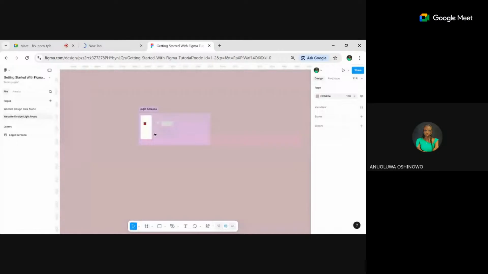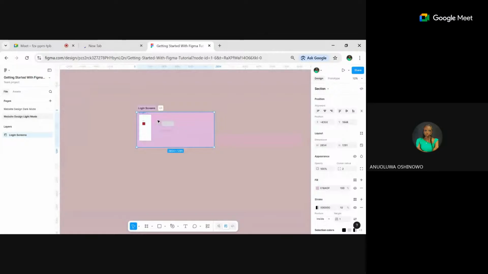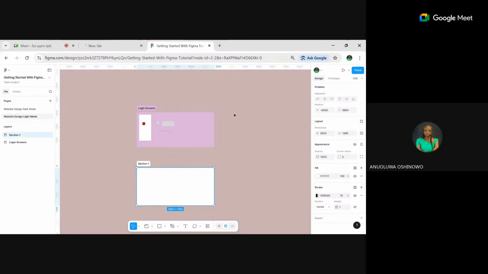Okay, so we have a section here. Just a little recap. To create sections, all you have to do is to come to this place. This icon actually means frame. But when you click on this drop down, even though the drop down is actually up, you click on section, and to bring out this cursor, you can left click and then drag your mouse, then you have something like this. And you can actually change the color by going here, your properties panel, and then change it